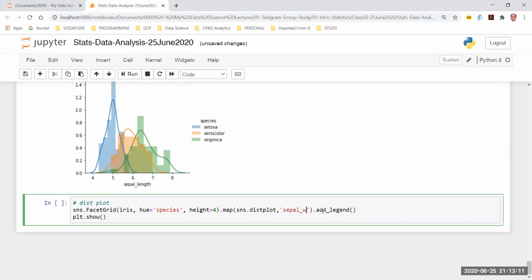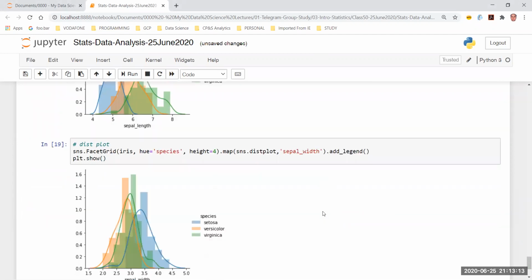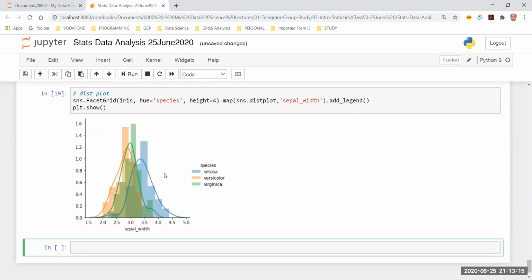Sepal width. Oh, this is a dangerous graph. I mean, everybody is sitting on top of each other, right? Everybody has jumped on each other, and this is like three factories, one after the other. These are like three chemical factories where a lot of smoke is coming out. These are like things we see when we are driving on the highway, and every curve is a superimposition on the other.